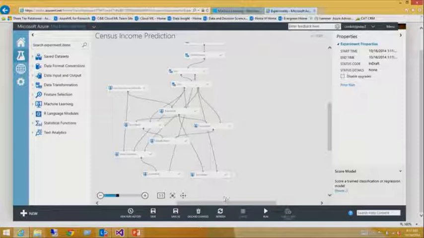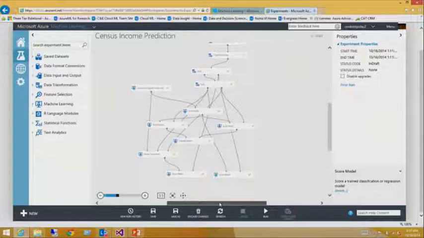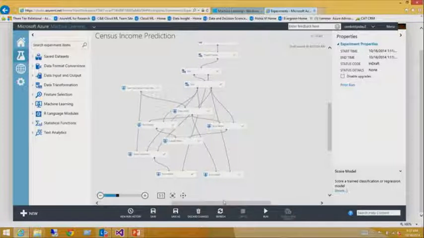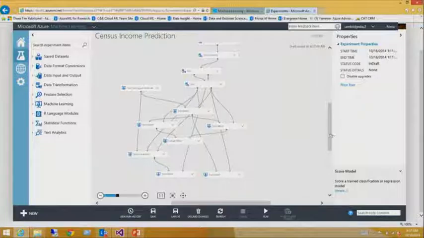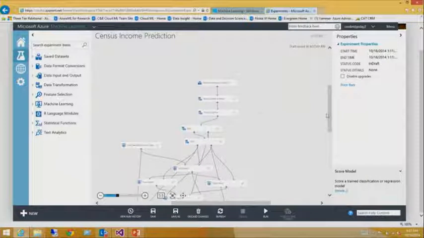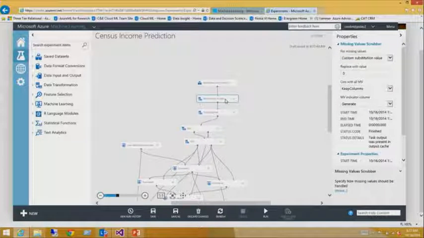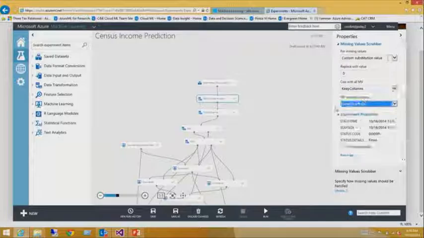Okay. I have that. And then the other thing I want to do is up here, just for this particular experiment, in the missing values scrubber, we identified that we wanted to create an indicator column. We wanted the service to go ahead and create one. So what I'm going to do here is say do not generate, because we don't want that indicator column